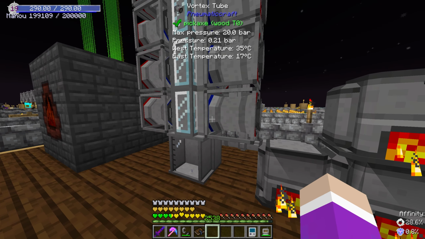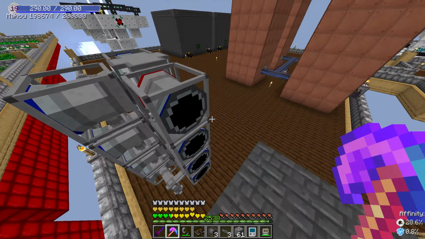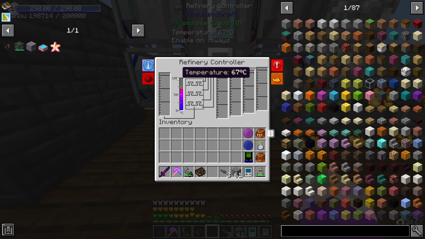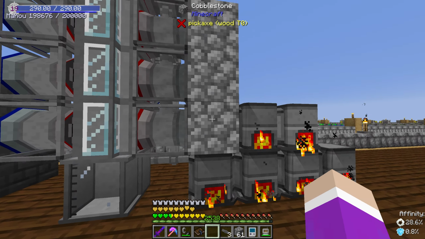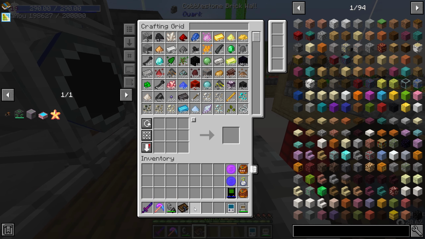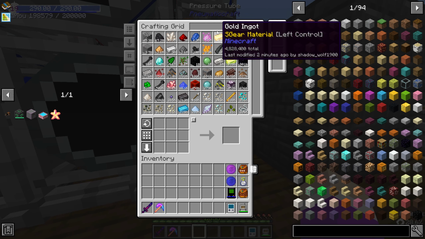Wait, I have these facing the wrong way. Yeah, the east side is getting colder where this is getting hotter, which is exactly what we want, because the hotter it is, the faster it goes. You can see we need at least 100 degrees for this thing to actually work. But now that it's getting so many of these things, which are getting nearly 100 degrees each, it's going to go very, very fast. So I just need to get the rest of the pressurized pipe